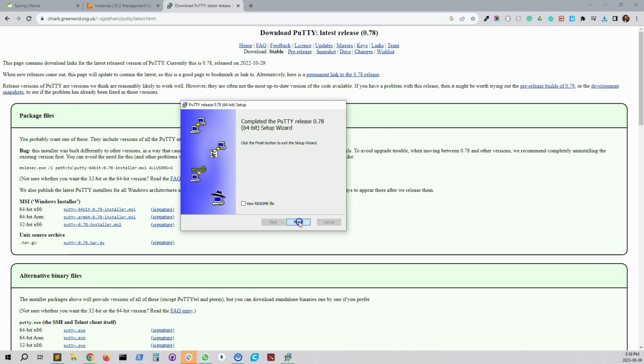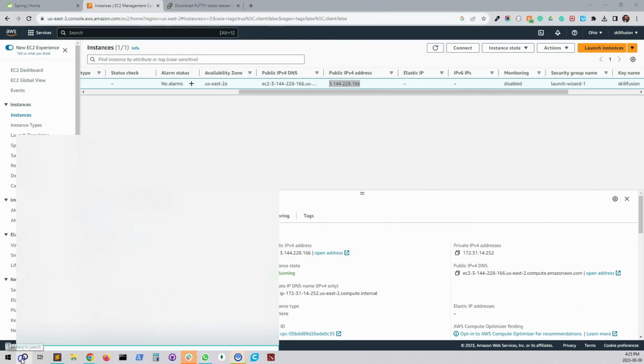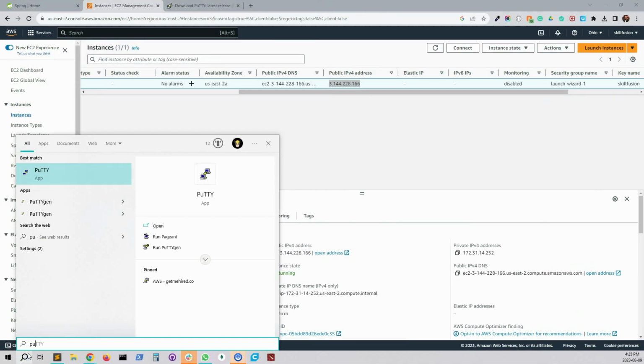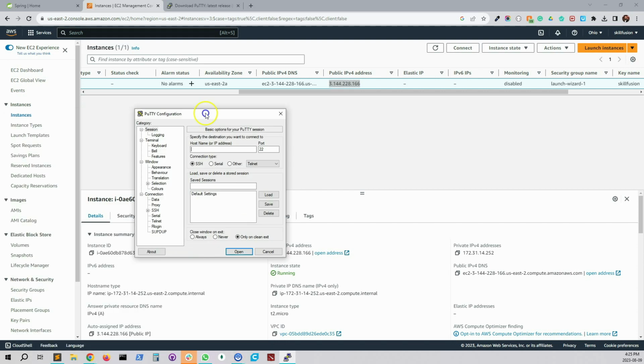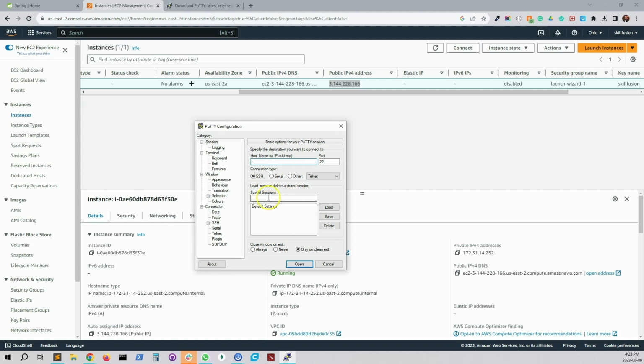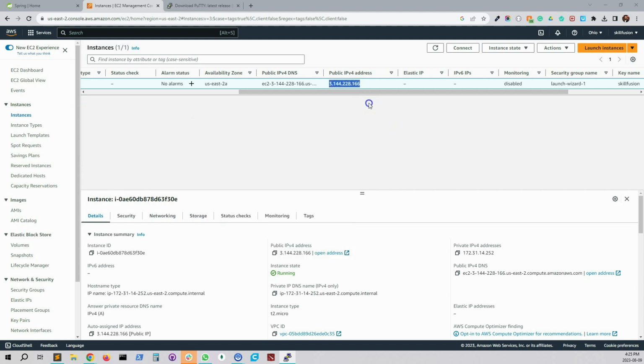Okay, so we have installed Putty. Now we will open the Putty app by searching for it here. So we got our Putty app open. We have to configure it. We can see that our machine has a public IP address, which we will copy